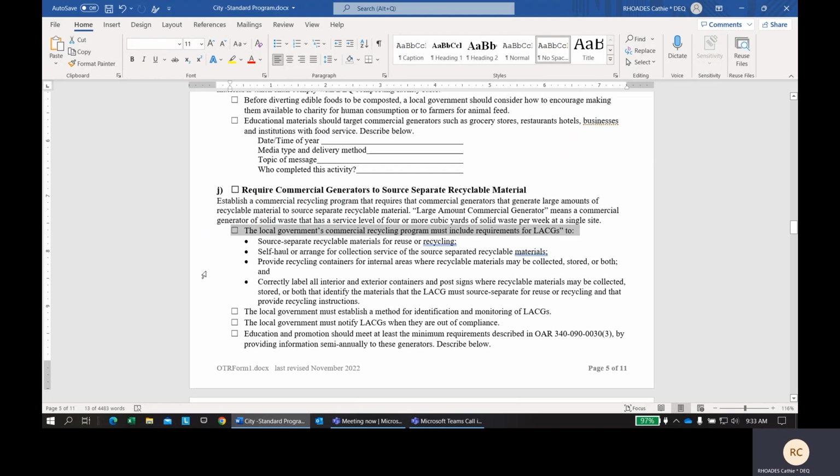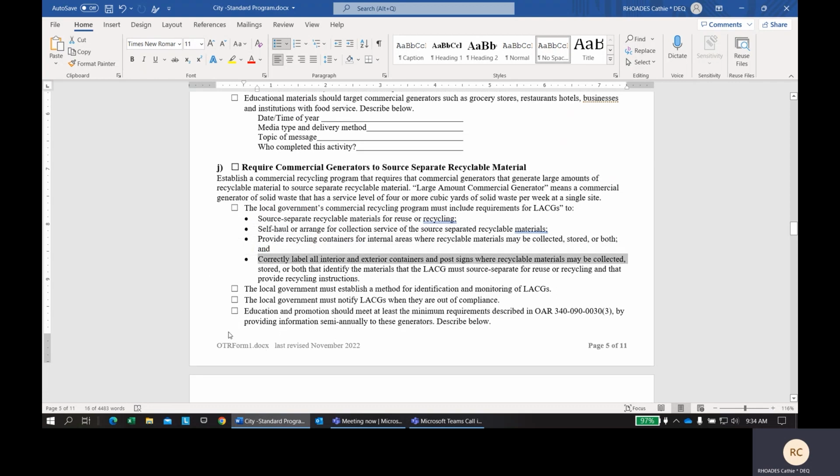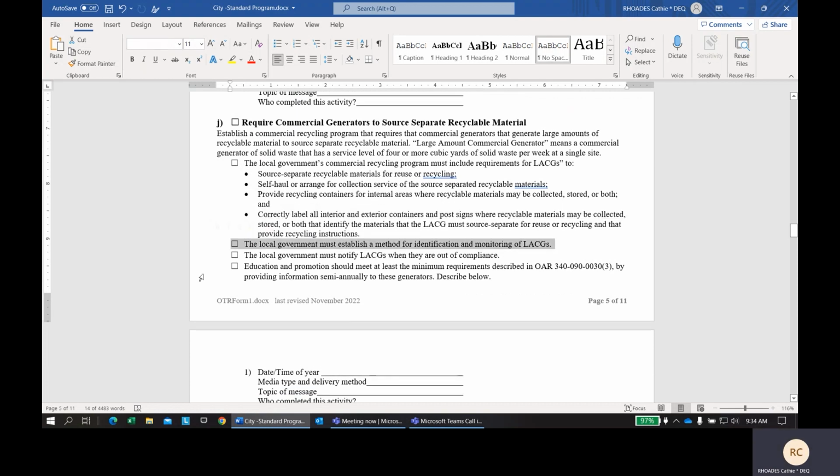So if a local government chooses this, they need to do the following with the large quantity generators. They need to ensure that they are source separating recyclable materials. Self-haulers are arranged for collection service of source separated recyclable materials. They need to provide recycling containers for internal use, and they need to make sure that those containers are correctly labeled. The local government must establish a method for identification of monitoring these large generators. The local government must notify the large generators if they are out of compliance, and they need to provide education